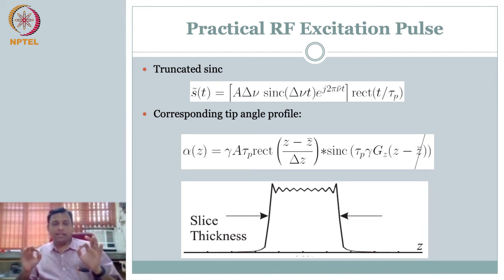So practically speaking, even though we are selecting a slice thickness, saying it is from Z dashed minus delta Z by 2 to Z dashed plus delta Z by 2, that is your slice thickness. In reality, you're going to get some signal also from outside this thickness, because of the slope. How well you contain this is a trade-off that you usually make, right? Very same concept as windowing in signal processing. Same thing applied here in the spatial domain. Okay, so let's leave it at this.